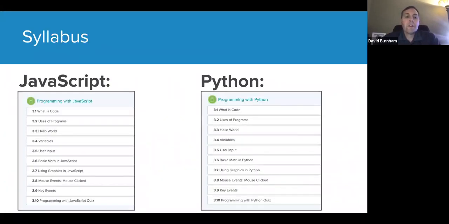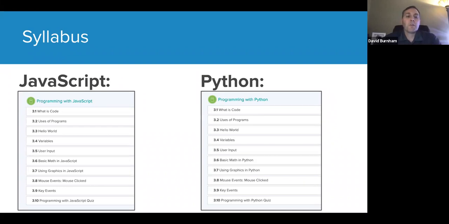As I previously mentioned, our AP CSP in Python course has been designed to match the JavaScript course. Nearly all examples and exercises you see in the JavaScript course, you'll also see in the Python course. The one exception, like I said earlier, is the data structures unit, where we use some content from the Python 3 course in addition to some of the content from our JavaScript course. And the main difference there is really wanting to cover the tuples in a way that wasn't really set up